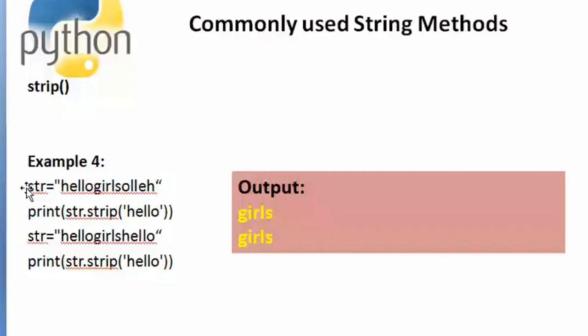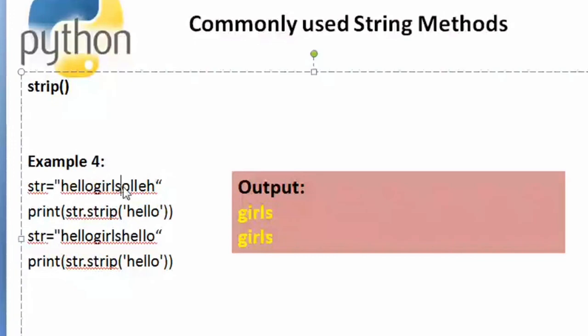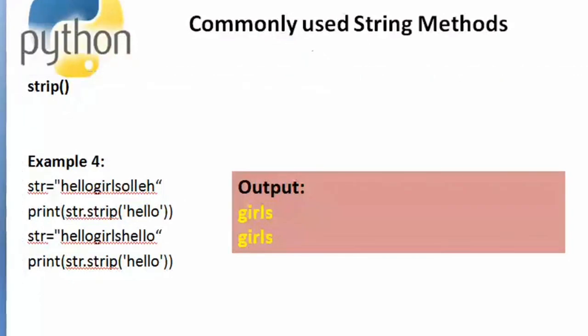You can see the first 5 characters are hello and the last characters are also hello, but I have given this hello in reverse order. Can you make it out? For the str, str is equal to hello girls. After that, I have given OLLEH, right? Can you see that? Yes, ma'am. How did I give that hello at the end? I have given it in reverse order.